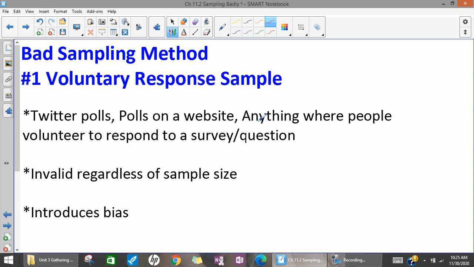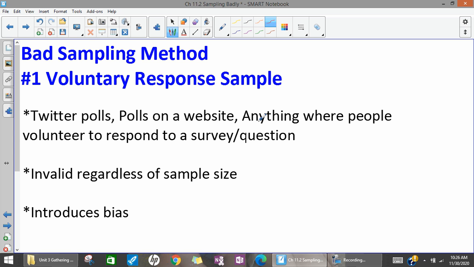So the first way to sample badly would be to get a voluntary response sample. And I see these all the time, especially on Twitter. I follow a lot of sports accounts and they do polls, like who was the man of the match or who would you start at quarterback? And these are voluntary response polls. The only people who are seeing them are people who follow those accounts, and the only people who are answering are people who really care about that idea. And so you're not getting a really good